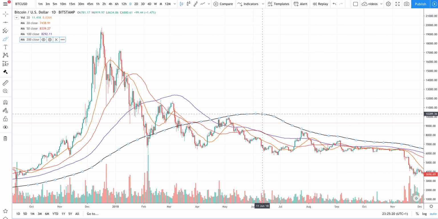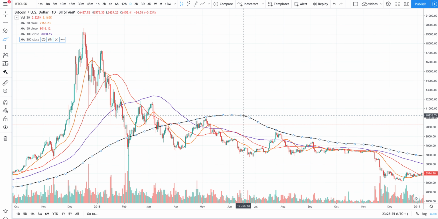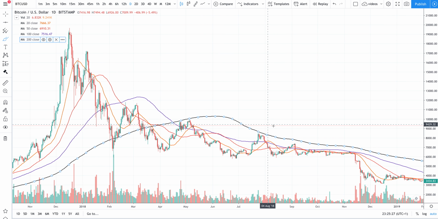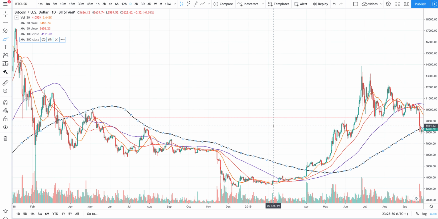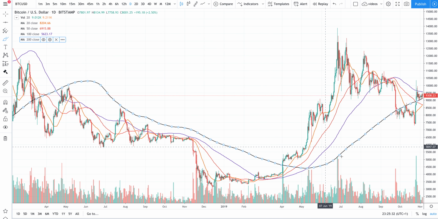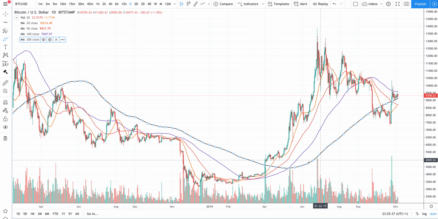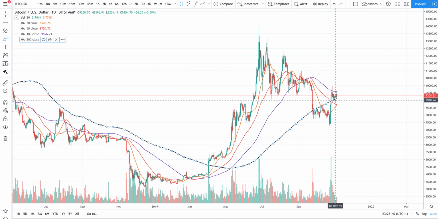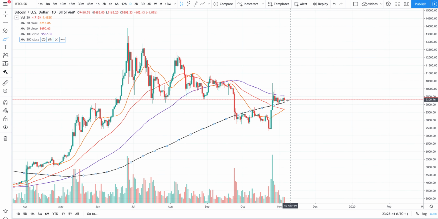Also the slowest, the 200 moving average, started being bearish and started being again bullish here 1 year later, some months ago in June, and it is still growing. And basically currently it's supporting price action. It's working as a support for